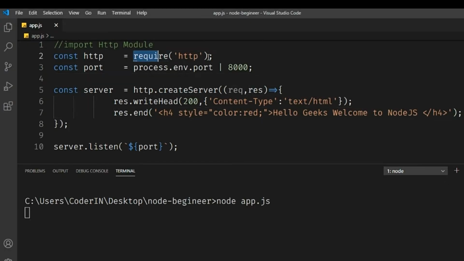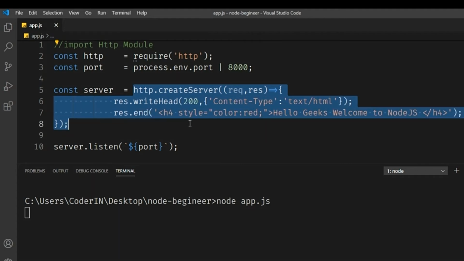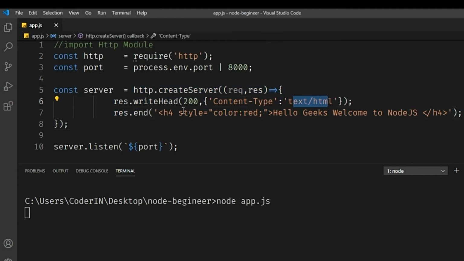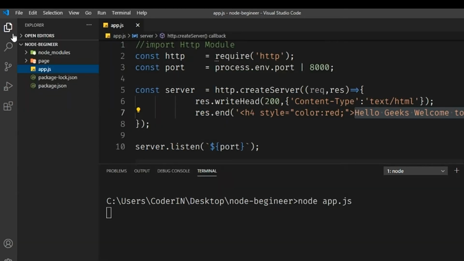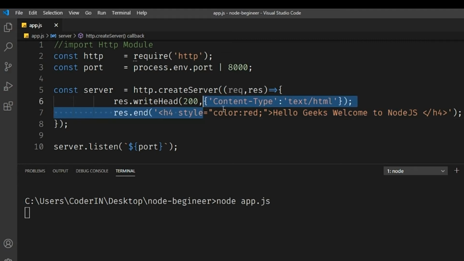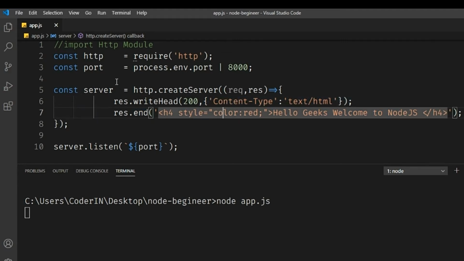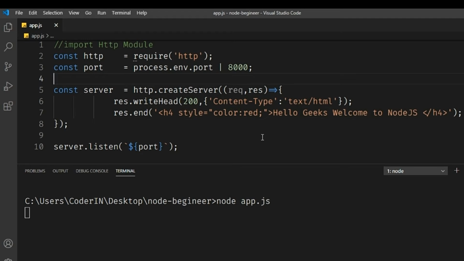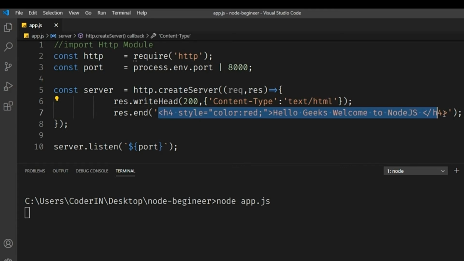Now the second thing is we have to work with images. How can we show an image? As of now, I'm not considering the file system. I'll be dealing with it in our next tutorial. If you want to display a plain image, you have to follow some module. You have to install some modules. I'll be showing you how we can do this. You can write the content type as image/png or jpg, but it will not work out. So we need to install some modules in order for that particular image to run.